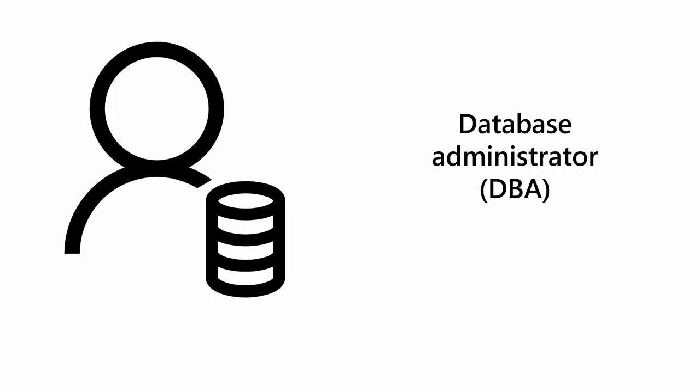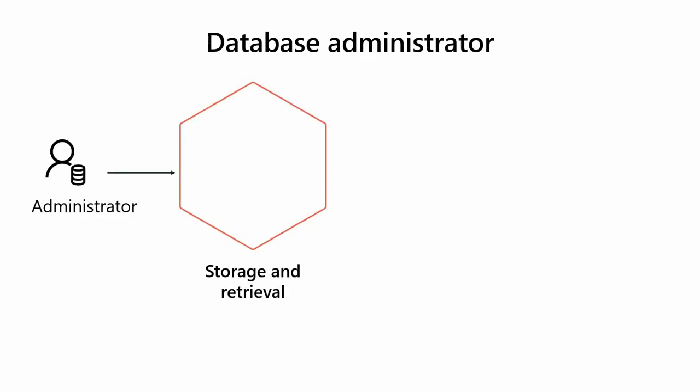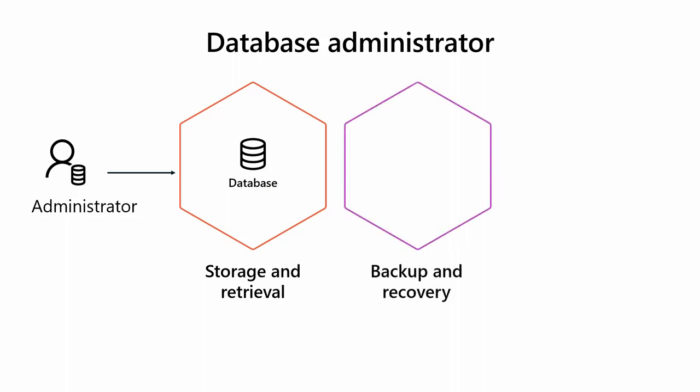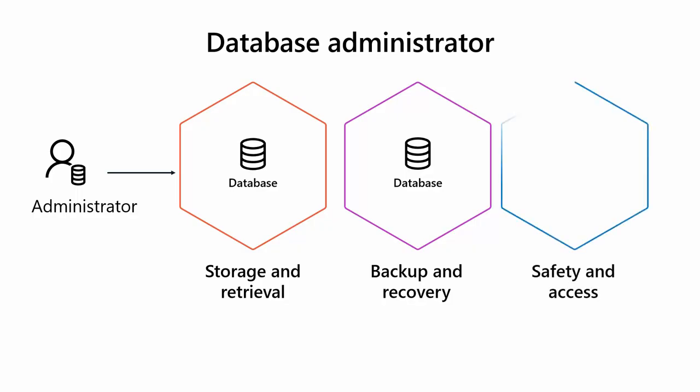After all that gardening, you'll want to safeguard the security and overall health of the garden. That's like the role of a database administrator, or DBA. Database administrators work on the maintenance, performance, and security of an organization's databases. They ensure data is stored and retrieved efficiently, implement backup and recovery strategies, and manage user access. DBAs play a crucial role in keeping data safe and accessible to those who need it.